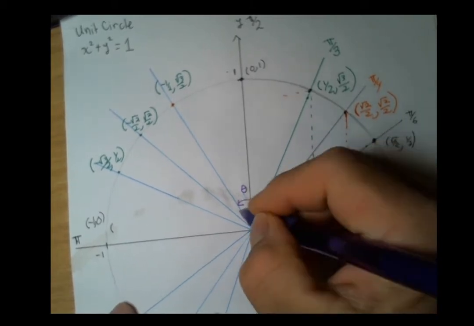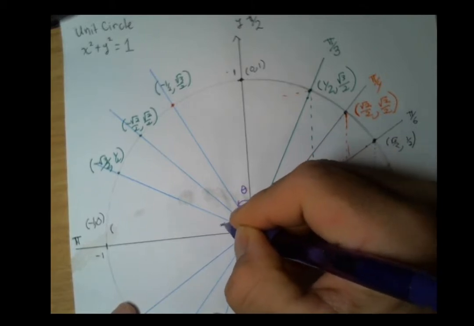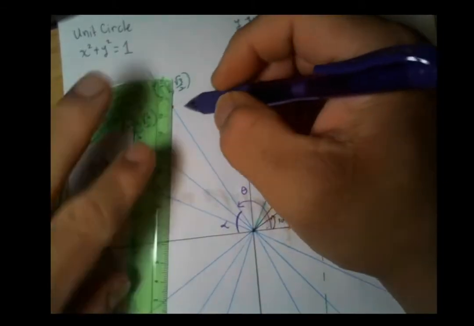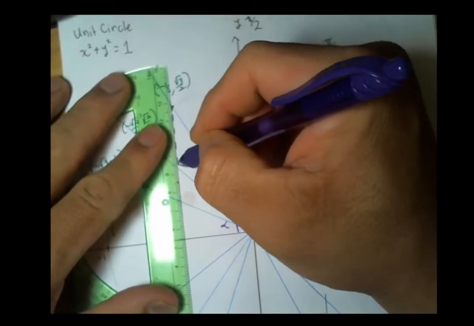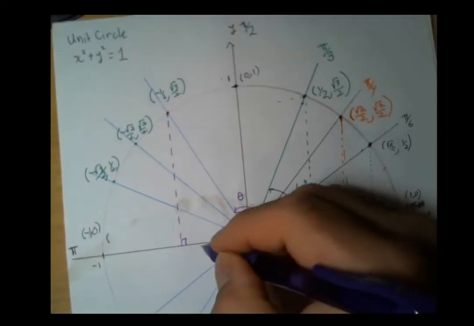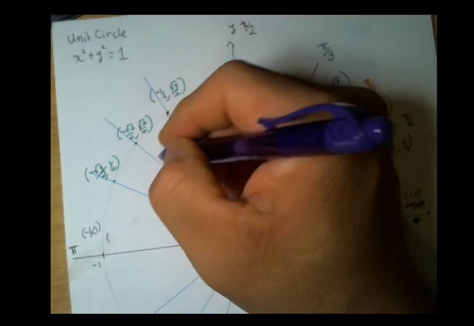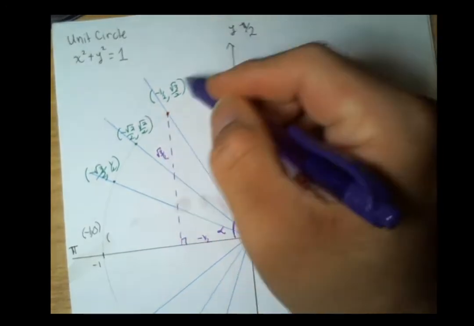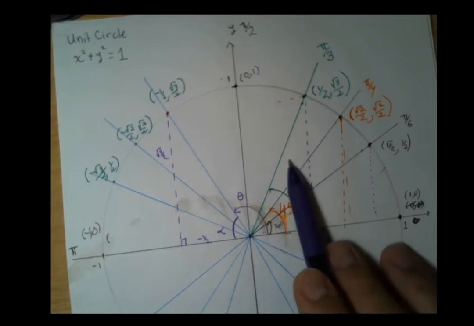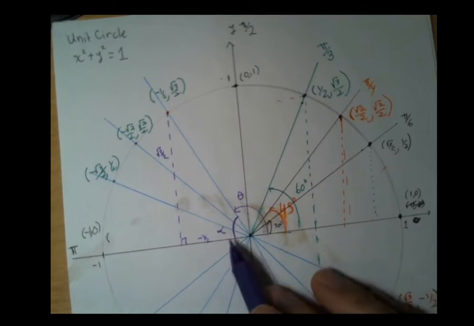All right, so the reference angle is this angle right here. Now if I draw a perpendicular here, we get our right triangle where the length of this side here is 1/2, and this side is √3/2, from our points. But that's simply this type of right triangle, and we know that is a 30, 60, 90. So I know that alpha